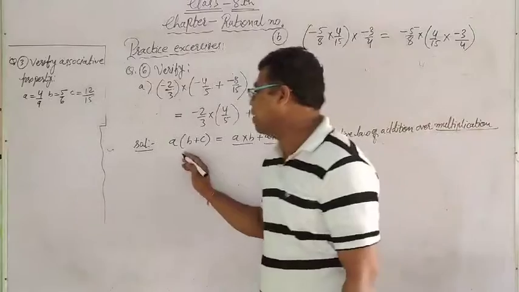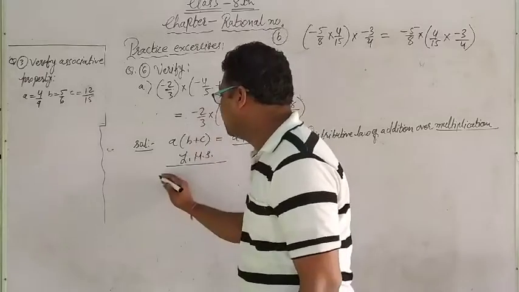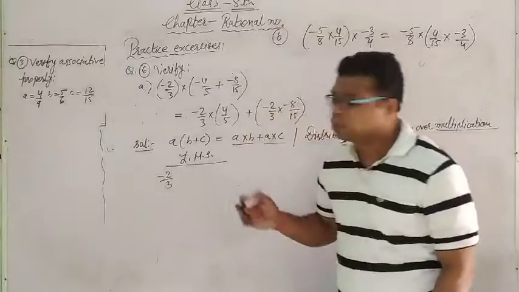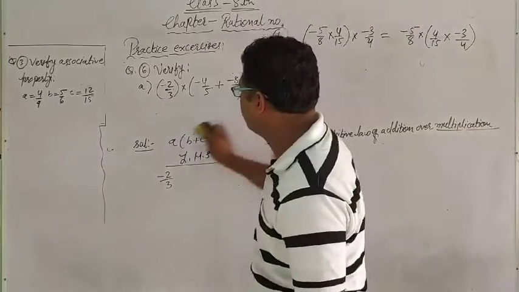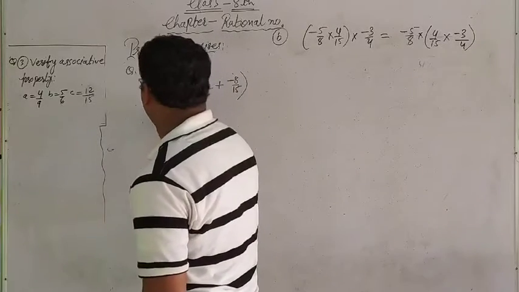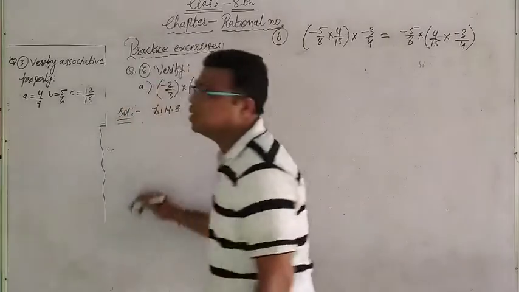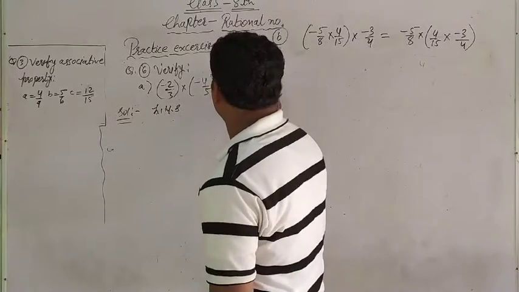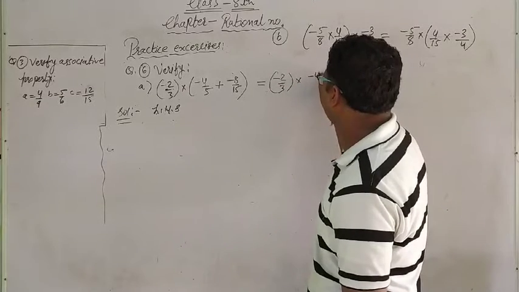Look here. How do we have to do it? First I am going to take the left hand side. What is written in the left hand side? Minus 2 upon 3. Look here. First I am going to rub the things. Right now, what is the solution? Finally, we will take the left hand side. This is our solution. We are considering the left hand side. One more time, we will write it down. Suppose this is the question. Look here. Don't be confused.